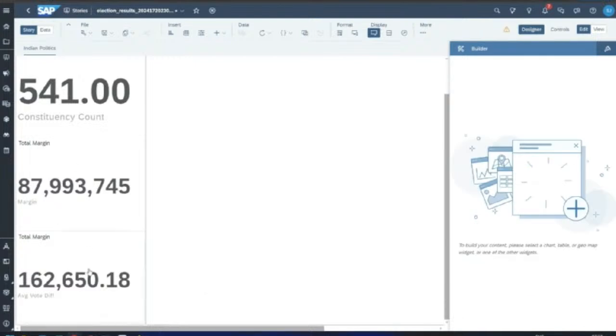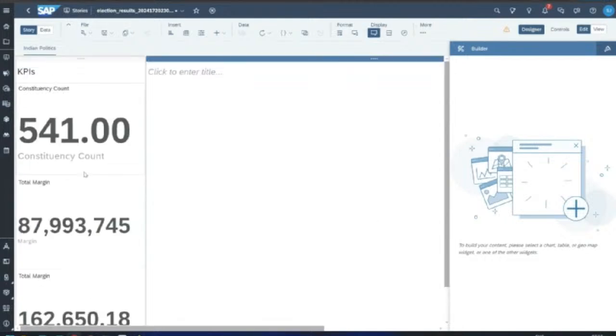So this kind of data insights and calculations can be done on the fly based on our business requirement using Analytics Cloud, and create a dashboard accordingly. So these are some of the KPIs, and now we start our main course to look at the political dynamics. So around 1,62,000 votes per constituency. I just provide some label over there, and next step will be to add another chart.